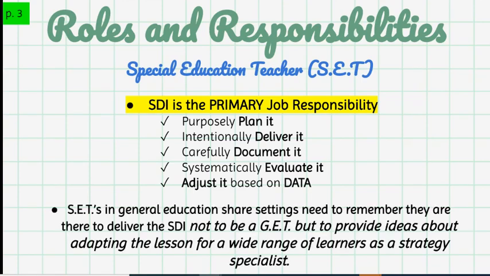So if we look at the second big rock, this is kind of a big rock. Special education teachers in the general education setting, remember, they're there to deliver the SDI. They're not there to be a second general education teacher. Everyone brings to the table their unique set of expertise. So we have our general education teacher, which is the content specialist. We have our special education teacher, which is what we call sometimes our strategy specialist or access specialist. When we talk about access, kind of like the differentiation. If we have these two wonderful specialists there, then we have this partnership that will build the best learning environment